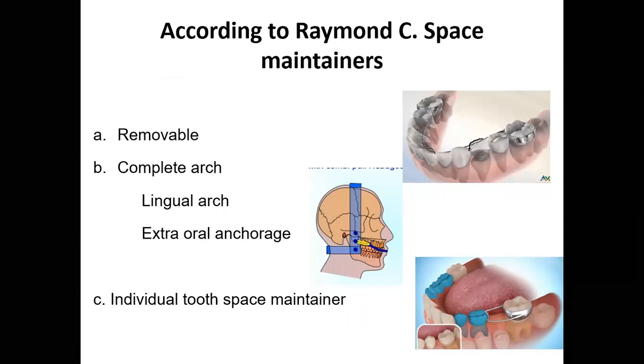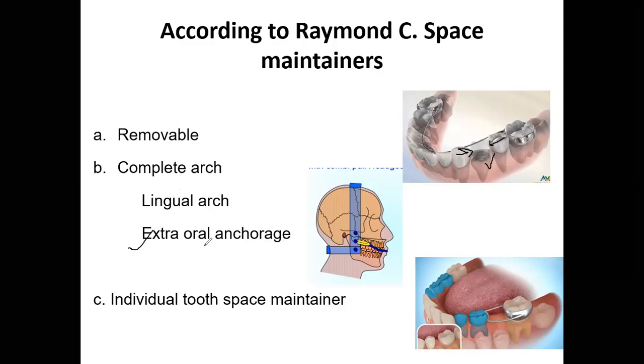We need the space over here to be maintained, because if we do not maintain the arch, the space will be lost. So this is the tooth which is bonded, and a complete arch is applied, which will be fixed over all the teeth on the lingual side, so that none of the teeth shall move. It will hold all the teeth in the arch and will not allow movement of the teeth into the empty space. This way it will maintain the space for this particular tooth which is supposed to arise in the oral cavity. Then we have this lingual space maintainer,